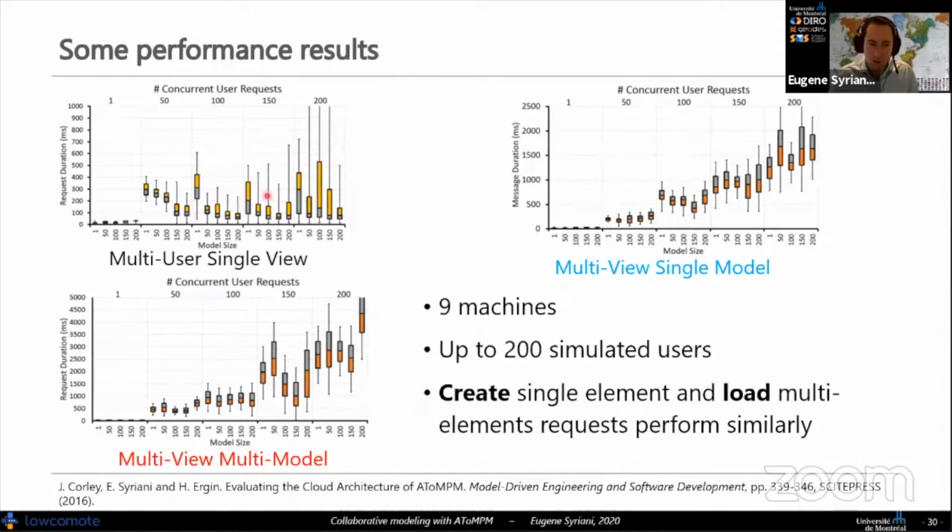And also we see that multi-user single view performs better overall than multi-view single model, which in turn performs better than multi-view multi-model, which is kind of to be expected. But in general, and you can see here, we did tests up to 200 concurrent requests.